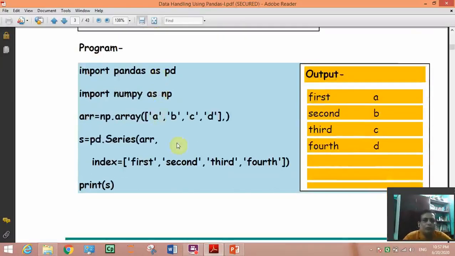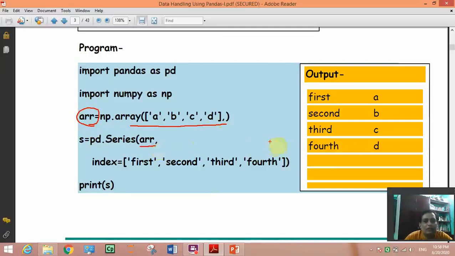So here you can see a series of characters being created. First we are creating an array of 4 characters, then we give the array name ARR, and in the Series function this array name is used as the first argument.